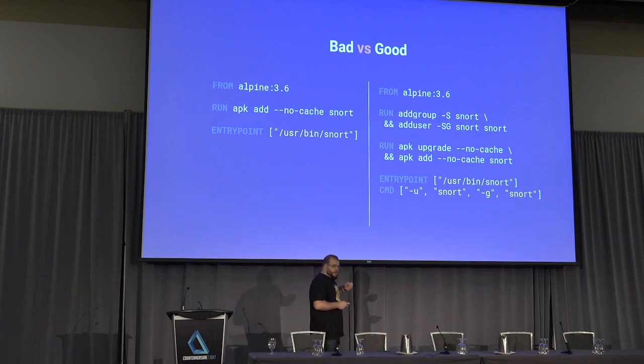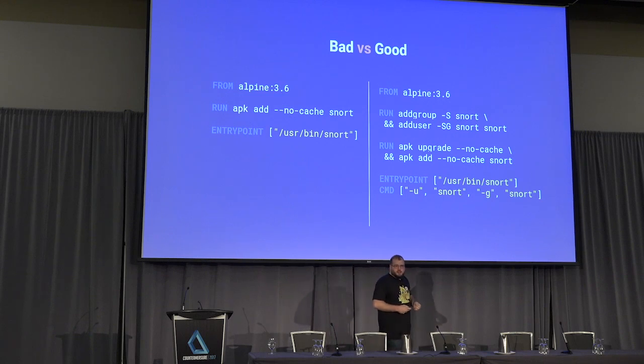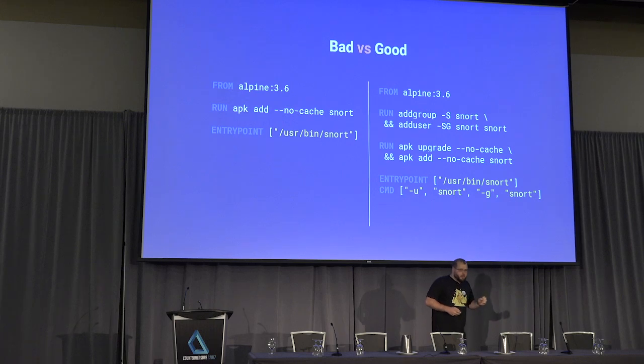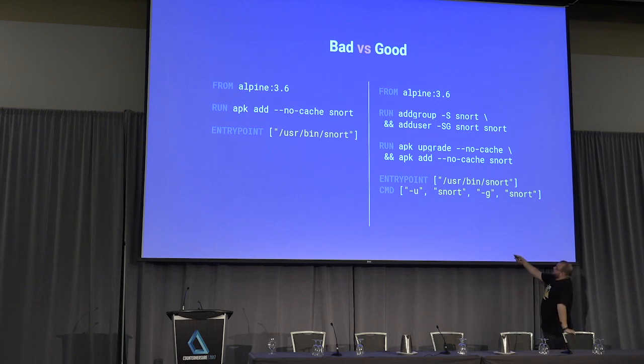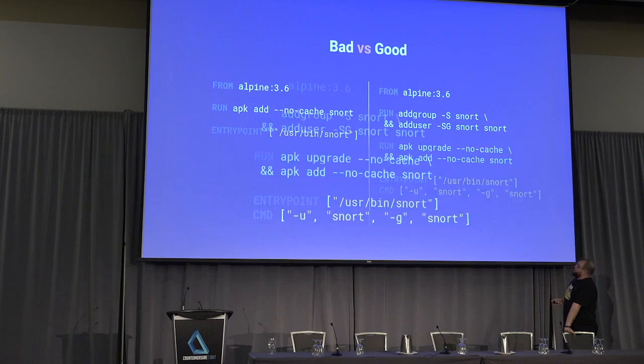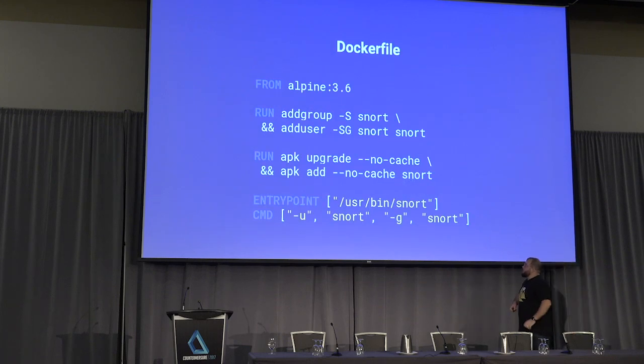Just because you have this new technology afforded to you and you say, oh, John, my application is isolated due to namespaces and control groups. You told me this, right? It's super secure. Wrong. What we have to do is still perform best practice. And you can see here the difference between what I would consider a bad Docker file versus a good Docker file. And we're going to talk a little bit about this good one.